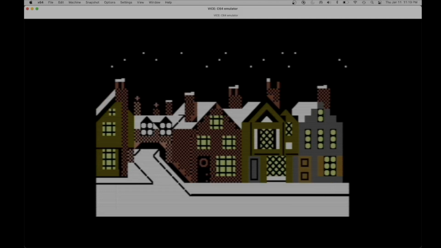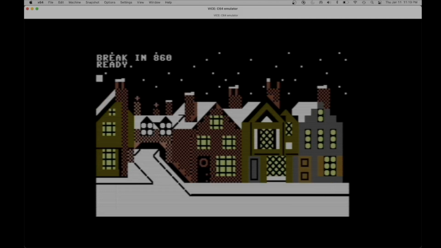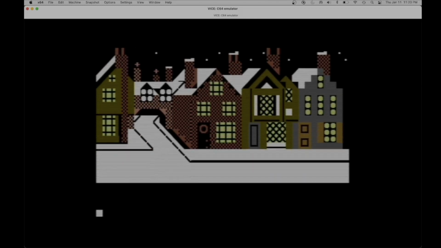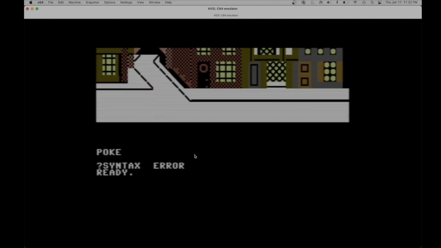I have to show you something I forgot about this scene. Remember when I went through various sprites in Jingle Bells? I think they're still defined now. I hope they're still defined. I'm going to turn the sprites back on for the prior scene, the original Christmas scene. Let me get this out of the way, actually, just so you can see it more clearly. I'm going to poke